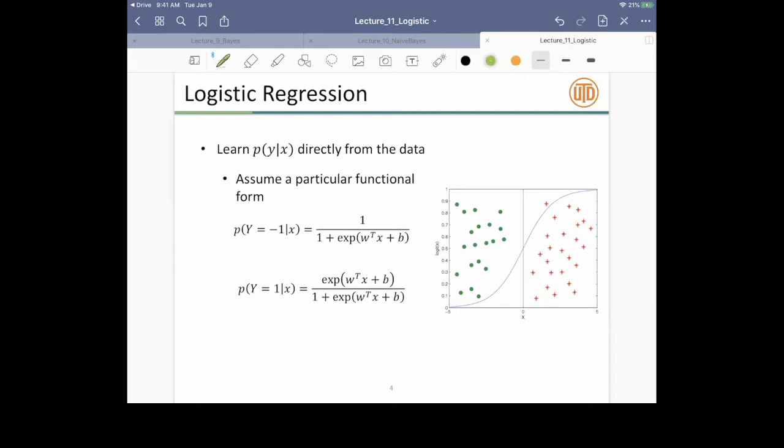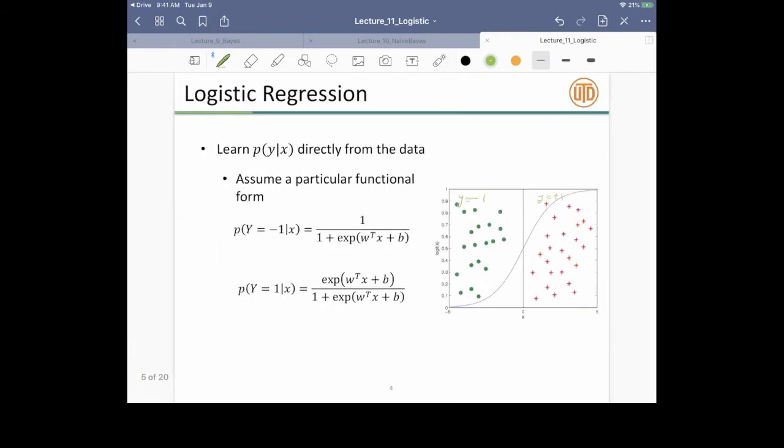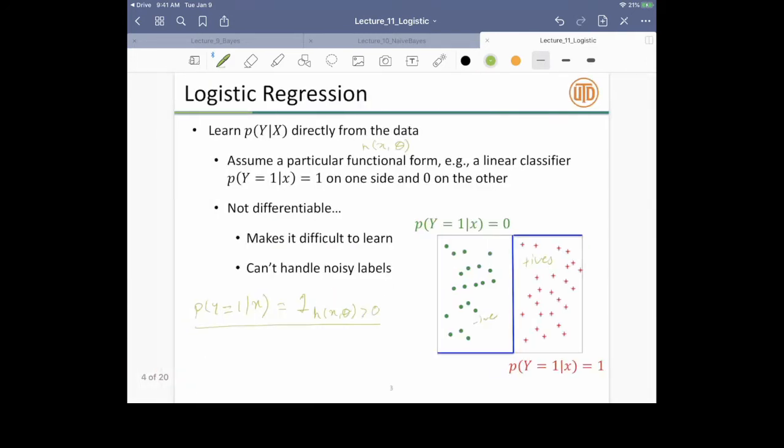So this is the case where I have y equal to -1 here, and y equal to +1 here. The classes here are y equal to -1 and y equal to +1. The functional form that we discussed is kind of unwieldy, and it's not easy to optimize. We saw this in the case of the 0-1 loss: the 0-1 loss is not easy to solve. The same intuition carries over here as well, that this is not going to be easy to solve.